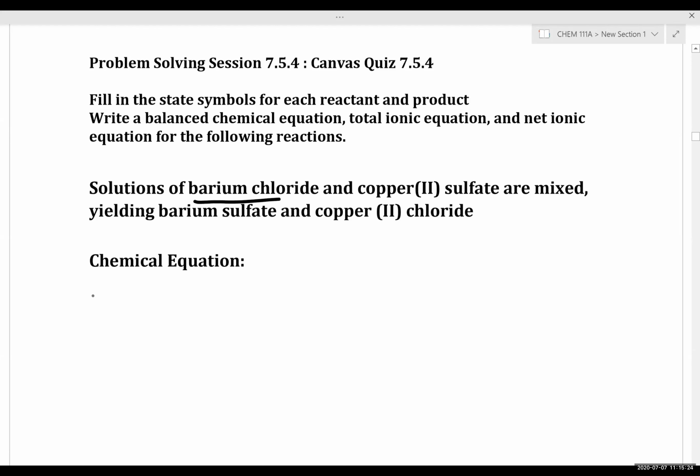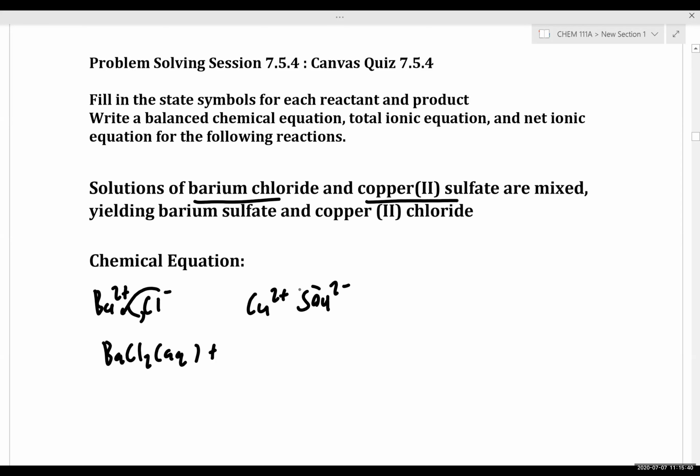So barium chloride, barium is barium 2+, chloride is Cl-. We cross the charges, that gives us barium chloride, aqueous. Copper 2 sulfate, copper 2+, SO4 2-. We cross the charges, that gives us CuSO4, and copper sulfate is soluble. Okay, barium sulfate, so we have barium 2+, SO4 2-. We cross the charges, that gives us